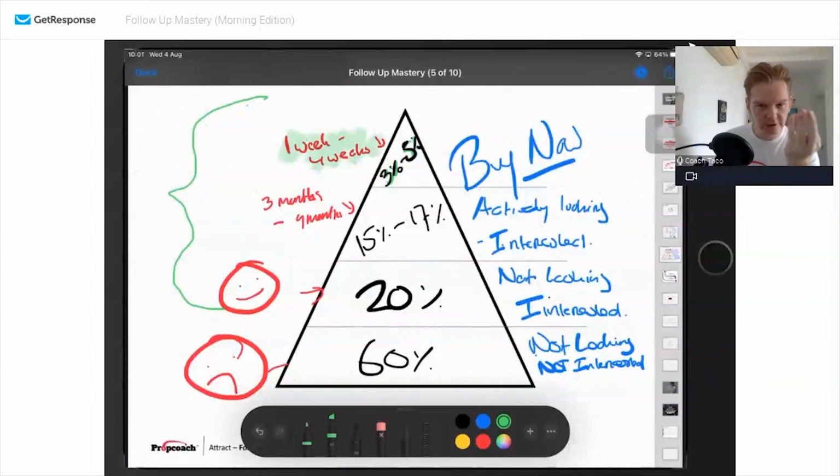But the gold, and by gold, I mean literally gold, your money, your income, your real income, is actually in this group, in the second group, and in the third group. It is in the group of people that you connect with today, that you can close deals with in the next 3 months, 6 months, 9 months, 12 months, 2 years. But in the meantime, you have to build a relationship with them. You have to bring them value. You need to stay connected with them, and you need to make sure that you are always in their face